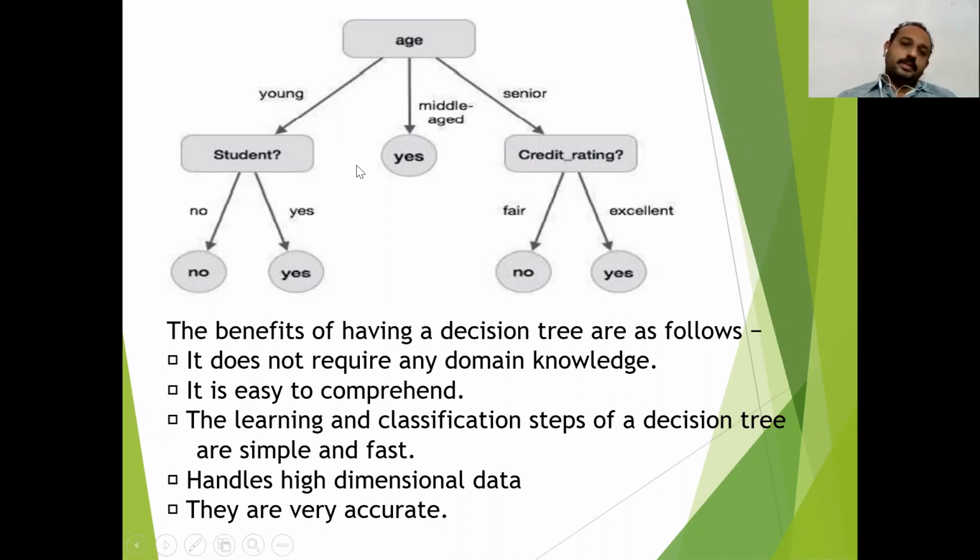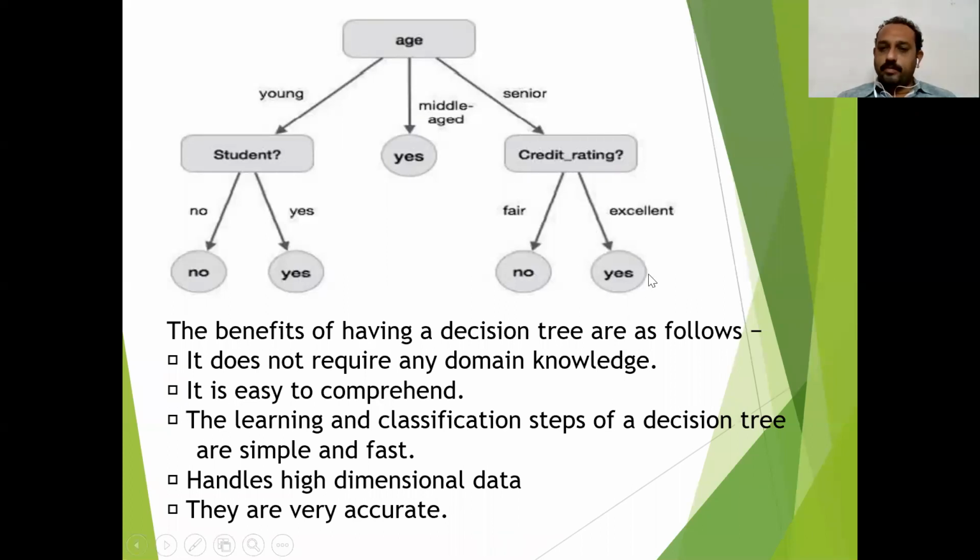Middle-aged means he belongs to employment, he is an employee. Definitely he will buy a computer. You can observe that the leaf nodes are class labels, yes or no. If he is a senior citizen, according to the age, we check whether the credit rating is fair or excellent.